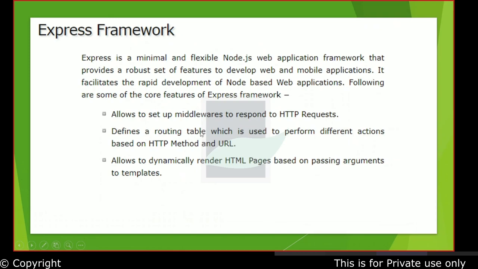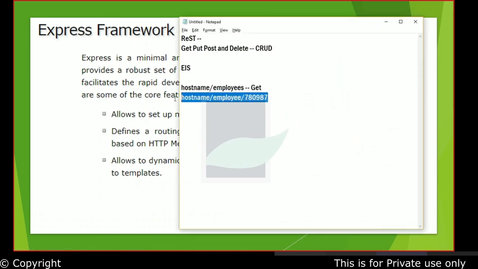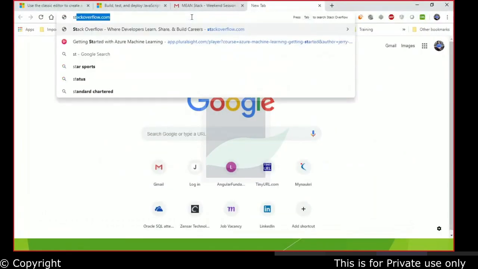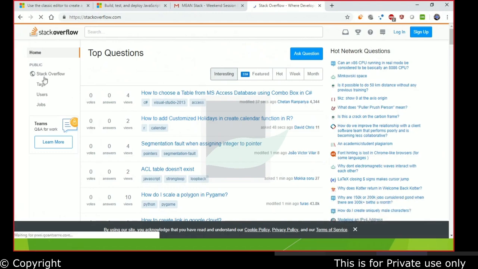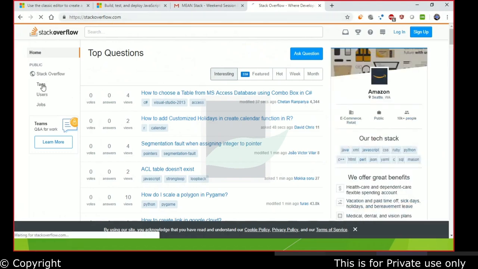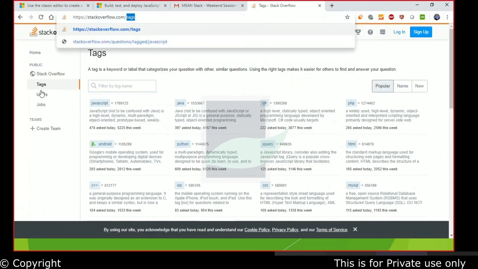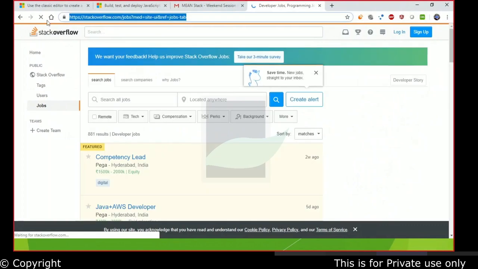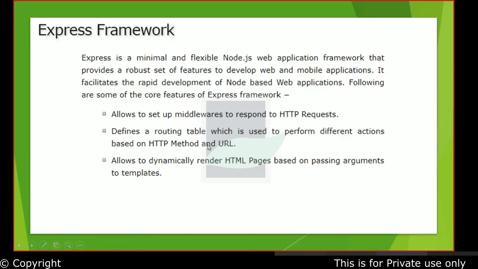We'll speak about routes and the routing table in Angular as well as in the Express JS world. This is a route, and what is this? This is a specific employee possessing a particular ID. So I'm pulling an employee's information out here. By just looking at this route, I can understand what is happening. To put it in other terms, whenever I go to a famous website which developers like, Stack Overflow, and click on tags, you have your route changing. Users, you again see the route changing. That's your route, and all of these are maintained in a routing table inside Angular.